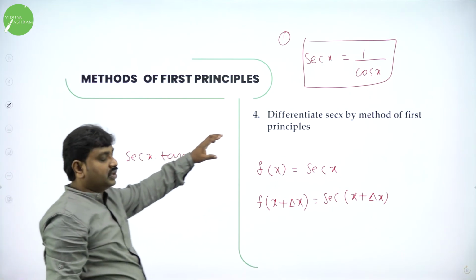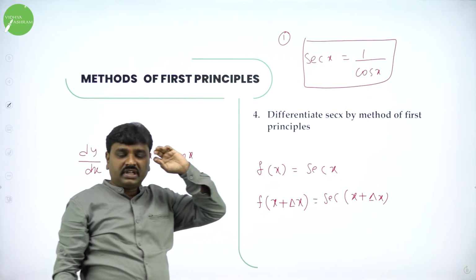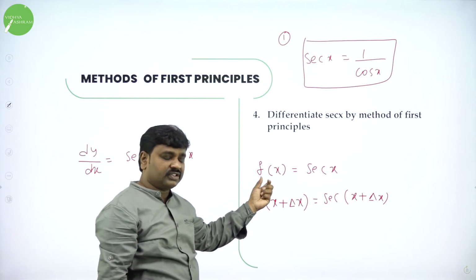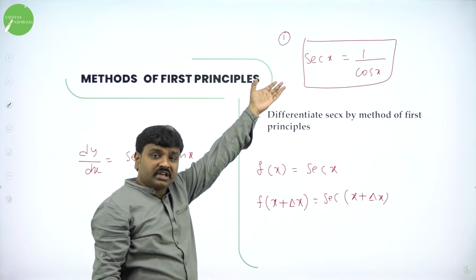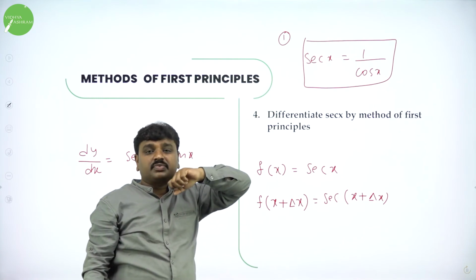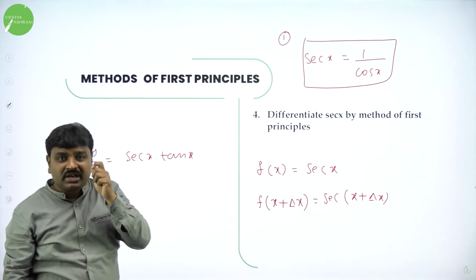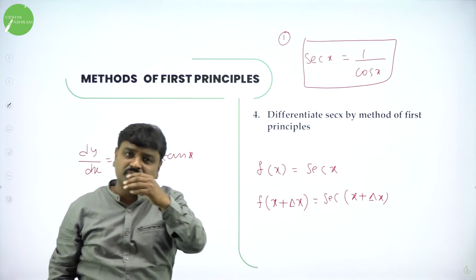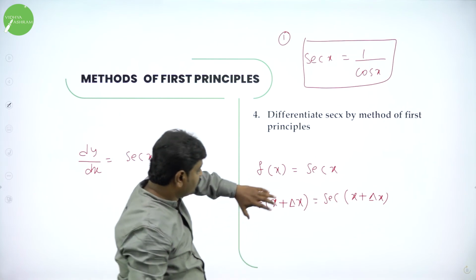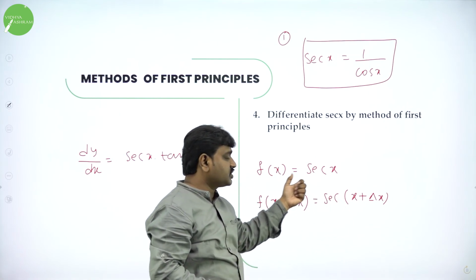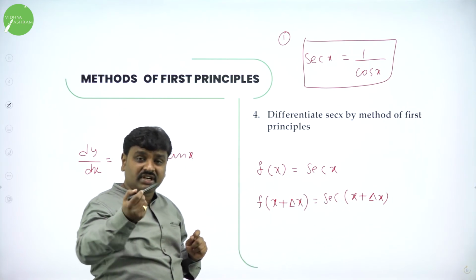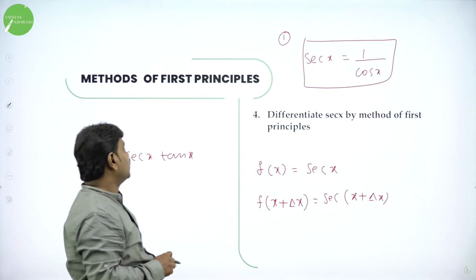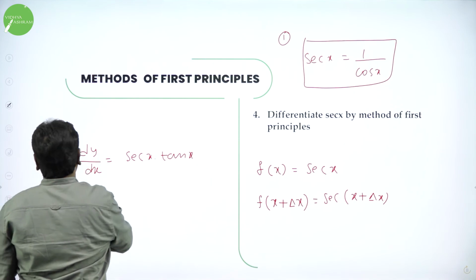So, secant x is the next function. Derivative of secant x gives you secant into tan, and to differentiate secant take f of x as secant, and secant can be written as 1 by cos. While applying first principle form, what is the first principle form? Dy by dx is equal to limit delta x tends to 0, f of x plus delta x minus f of x by delta x. There in the place of f of x plus delta x you will write this, f of x you will write this, then secant convert it into 1 by cos. Take LCM, simplify, you will get the answer. And finally you have to arrive at this.